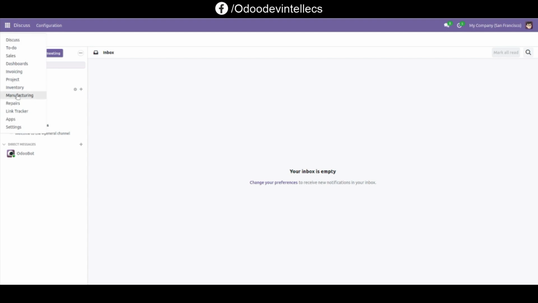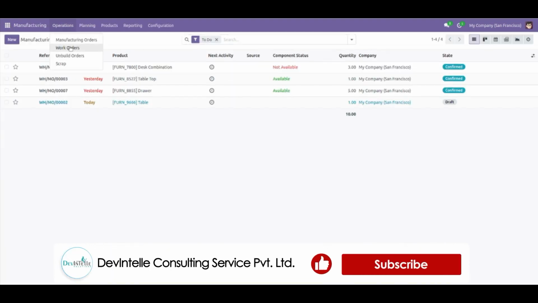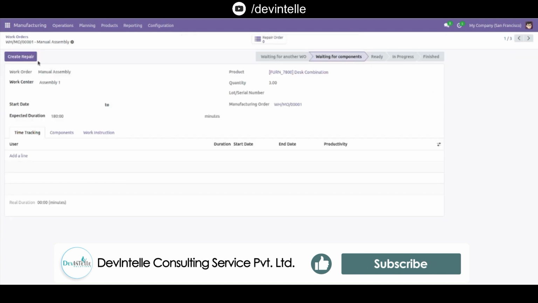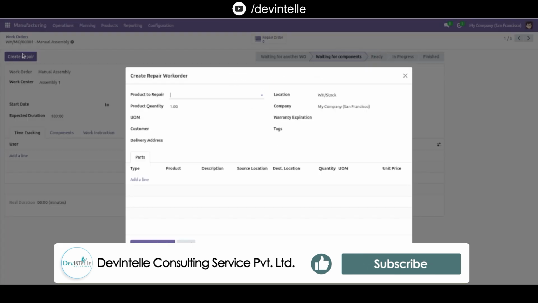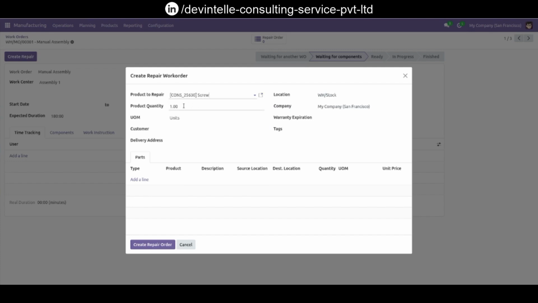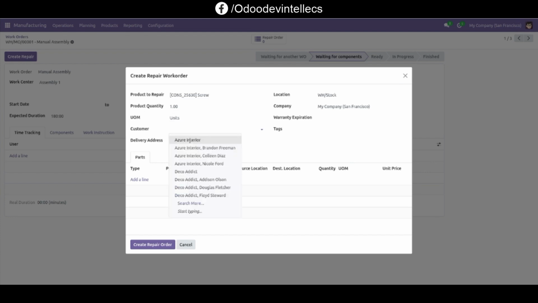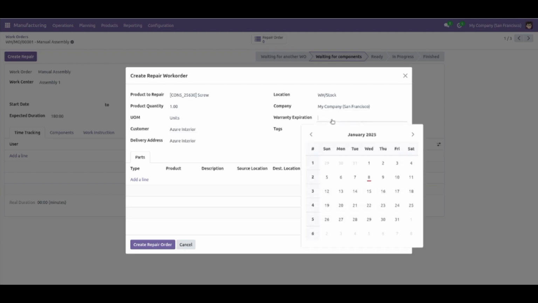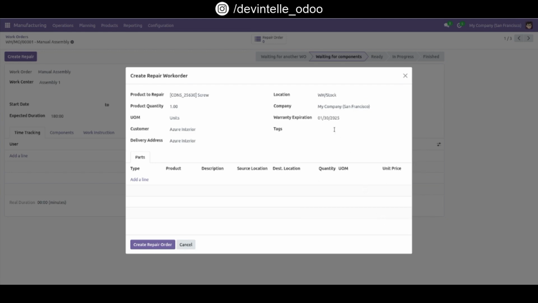First go to manufacturing, go to work orders, go to any work order and see here this button for create repair. Click on it. Add a product like a screw, add quantity, set unit of measure, add a customer like Azure, add the date of warranty expiry, the 30th, set tags like tag 1